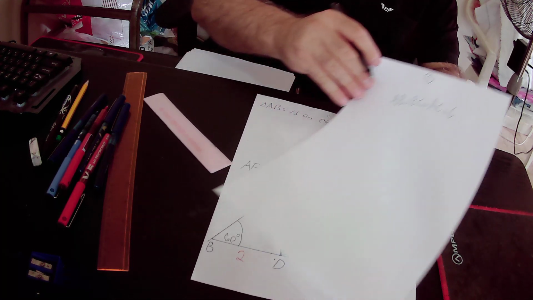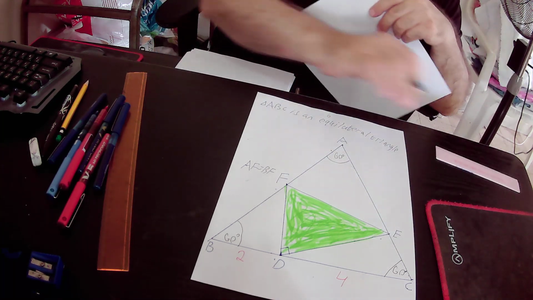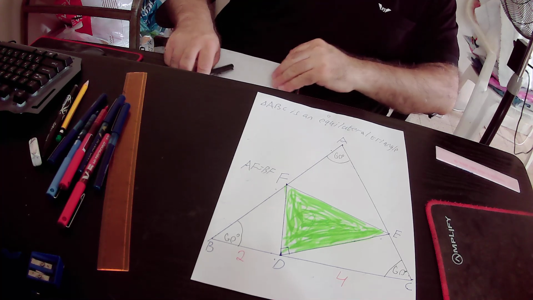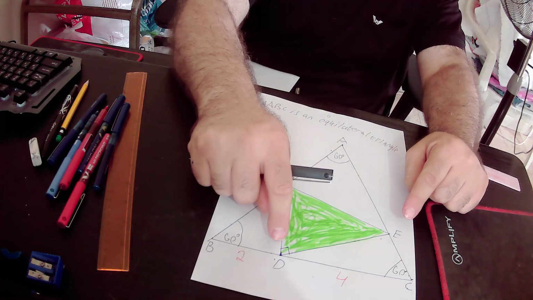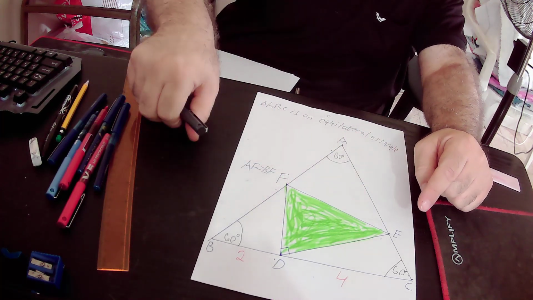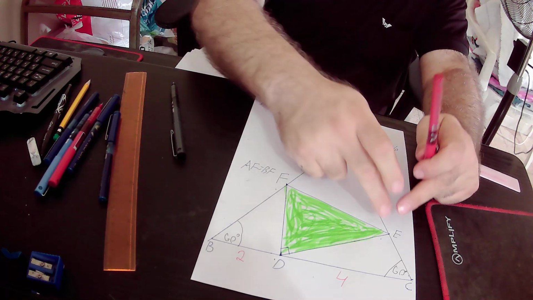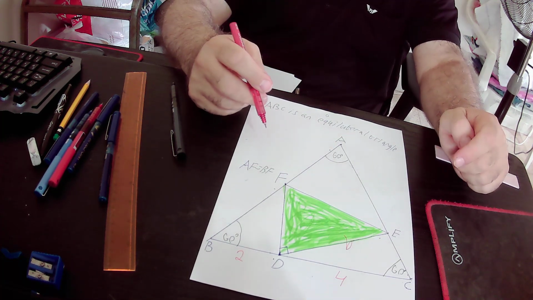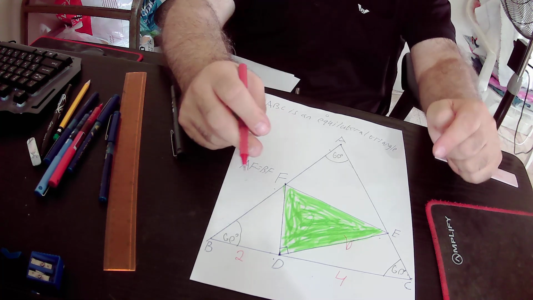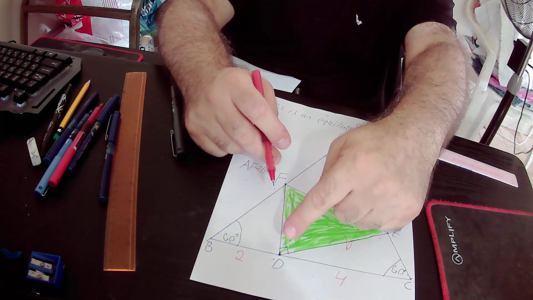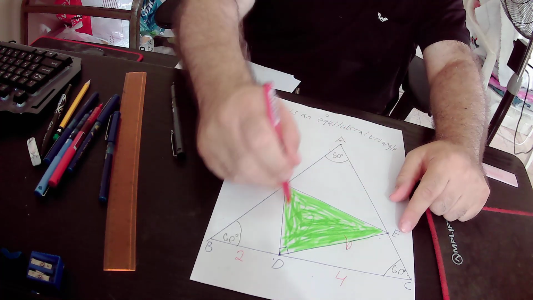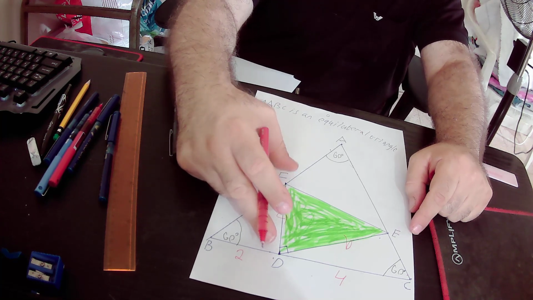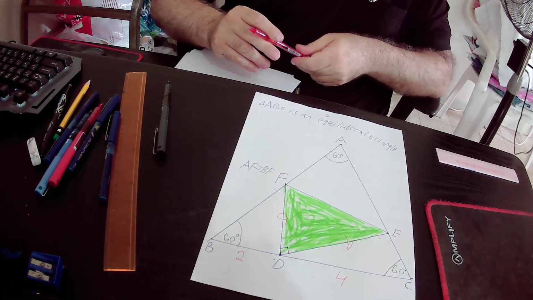Okay, in the next step we will define DE as A, that is to say DE equals A, and we will define FD as B, that is to say FD equals B. Okay, and then